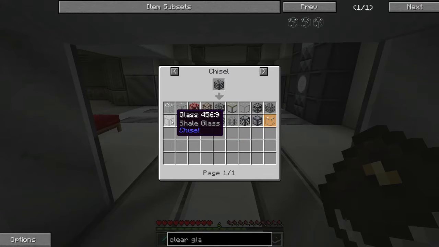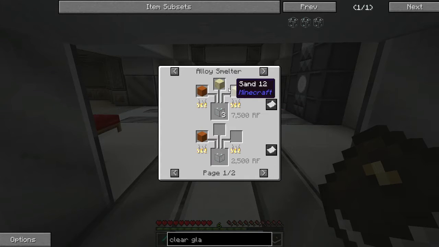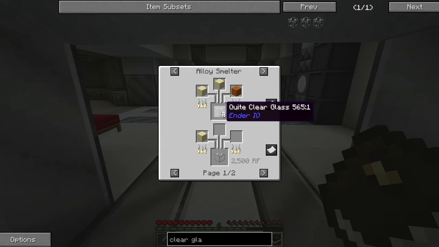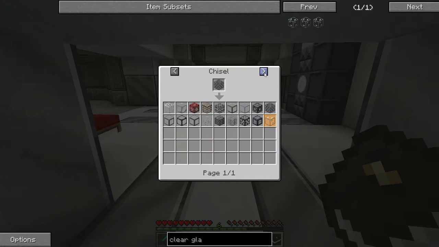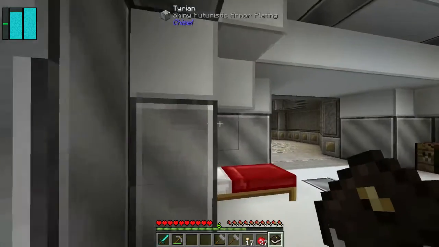No. If I put quite clear glass in a chisel, I get glass. I might be able to make it. I thought I needed the alloy smelter, which is basically sand. Because if I put sand in a normal smelter, I just get this type of glass, which is frankly not very good. I'm going to have to test that, and if it works, then I'm going to replace the dome